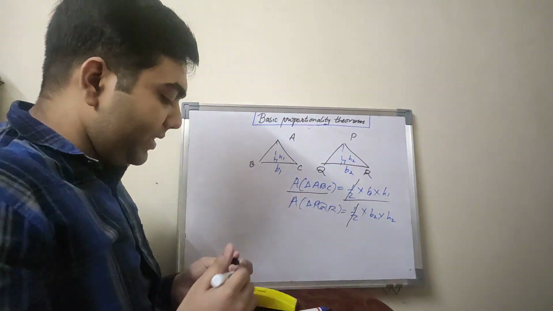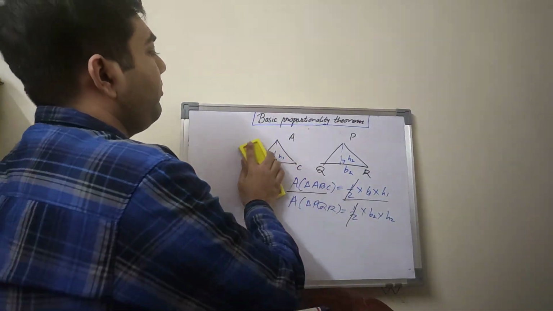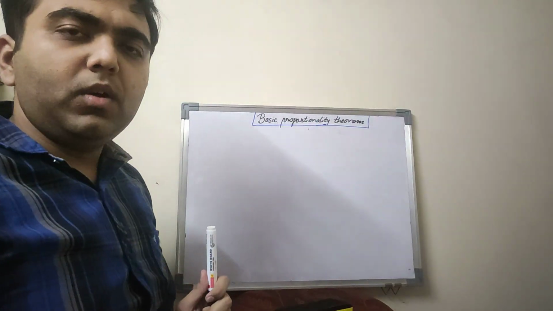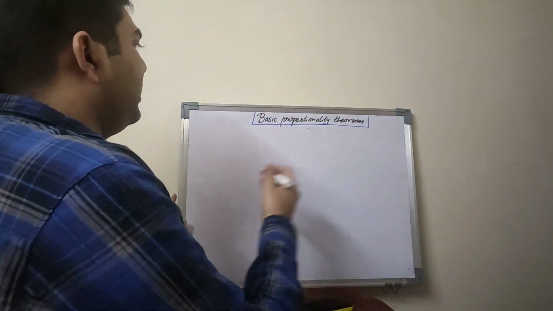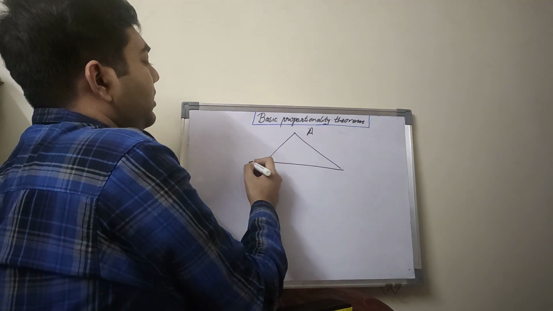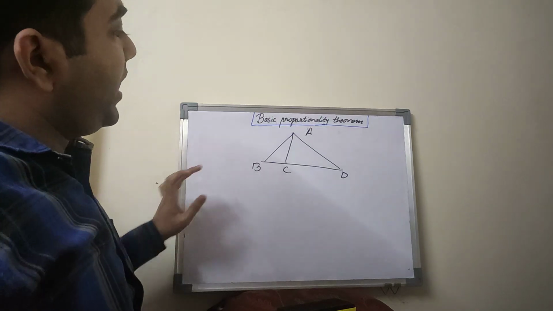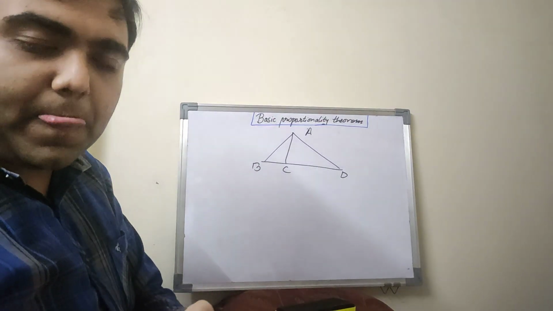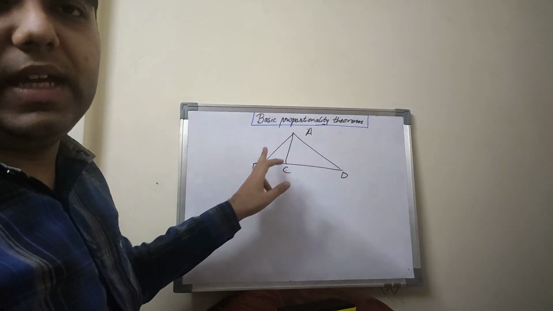But if I take two very special triangles, then I can get very special formulae. I'll be taking three cases. The first case will involve two triangles with common heights. Let's see how we can construct two triangles like that. So I take this, suppose this triangle. Now I have made a segment AC which divides this one big triangle ABD into three triangles. I am not going to talk about which are those three triangles. Only two triangles are important: ABC and ABD.